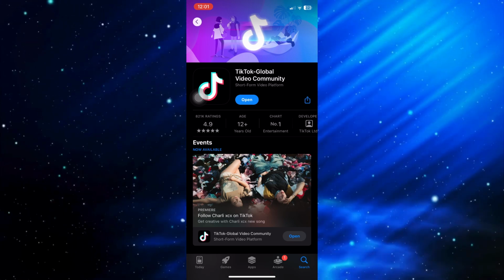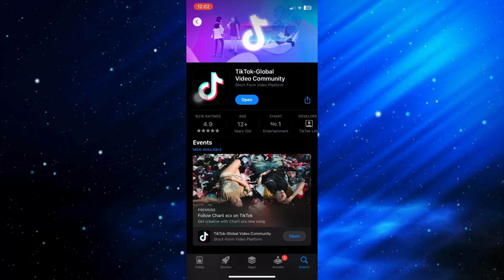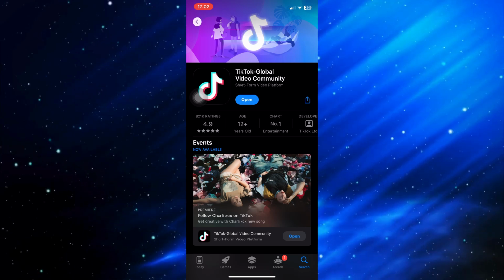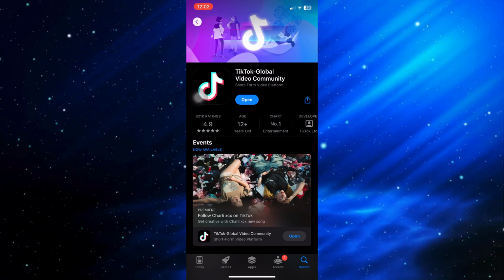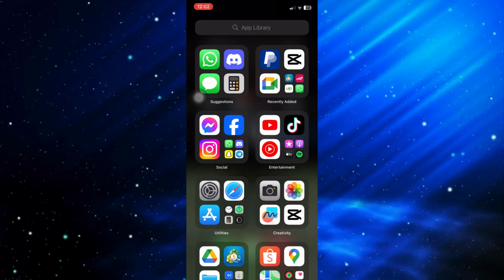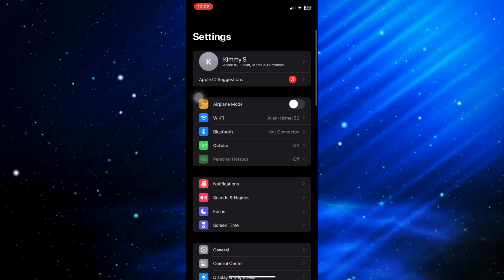our device. Right after clicking on the TikTok application or the TikTok page right here, you can just go ahead and make sure that there is no update button. If you see one, you can just go ahead and click on it. Right after that, if still the TikTok streaks is not working, you can just go ahead and open up your